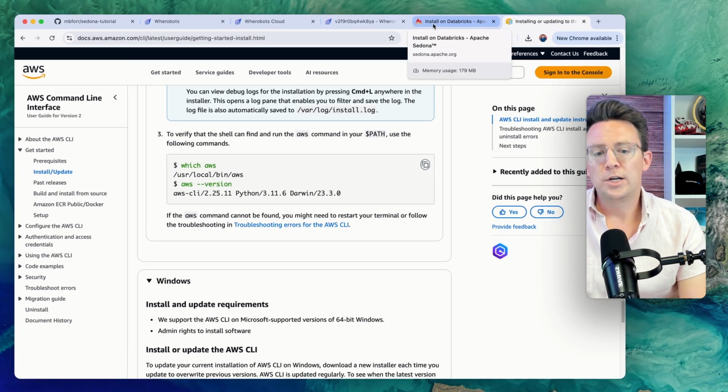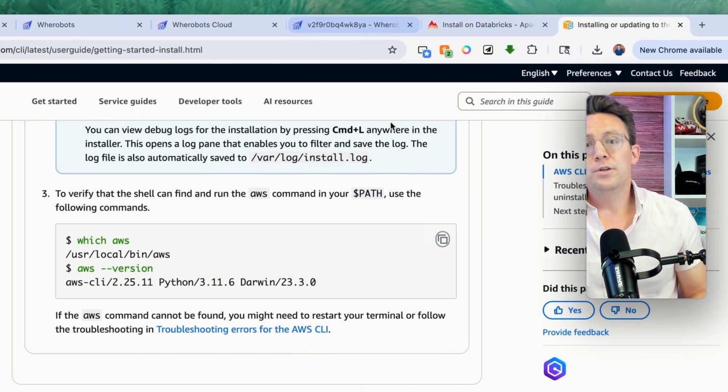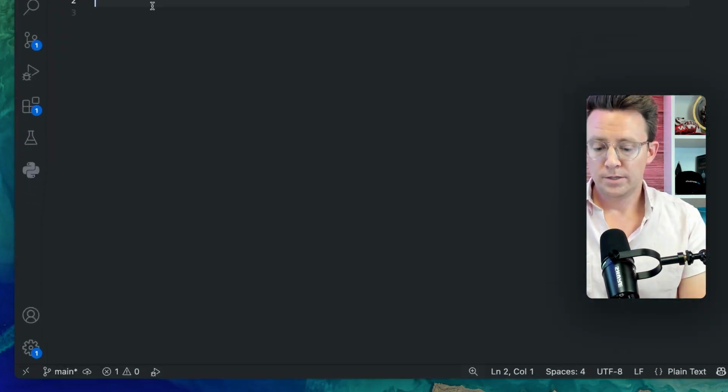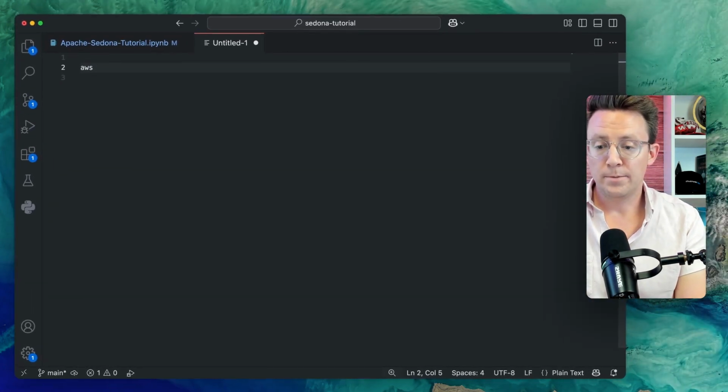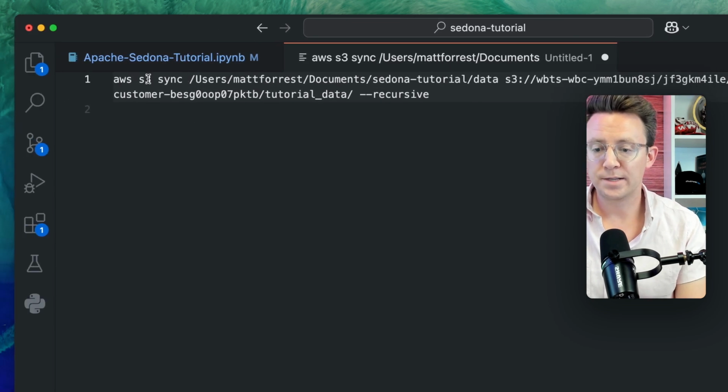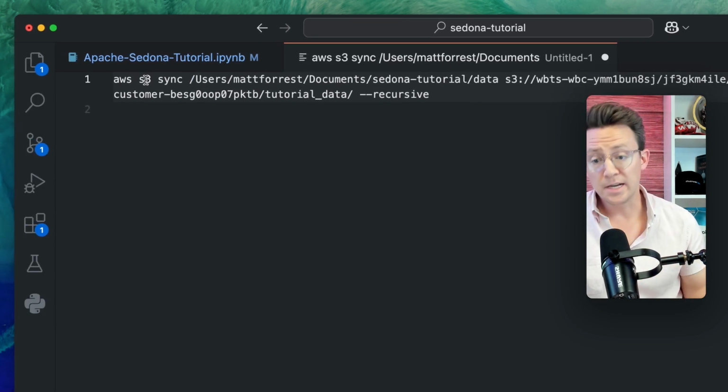You can ask ChatGPT or anything like that. But what we're going to do is basically lift all the files from that data folder that we had and pull that in. So I'm going to write my command. I'm going to write AWS. So you can see my command here is basically I'm telling it to do AWS S3, which is the service, and then sync